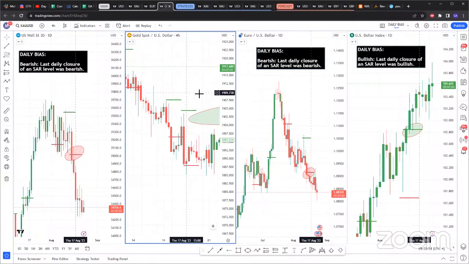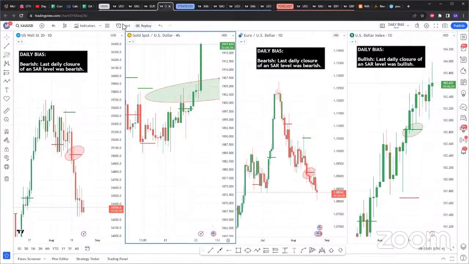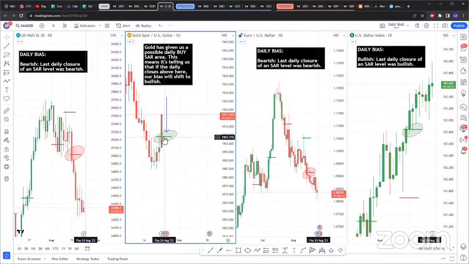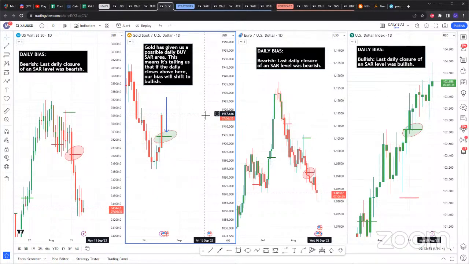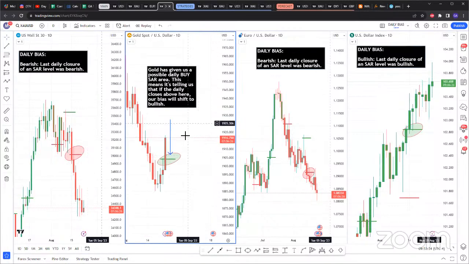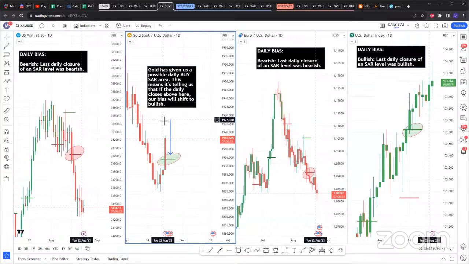So you can use, for example, the 4-hour in conjunction. Now, of course, we know if we want to buy gold here by using the daily time frame, you see how far this candle has pushed up from the daily buy SAR, like 130 pips. Yeah, 130 pips. Same logic we used to do on the reversal indicator. Since this is a daily candle, by the time it's closing, it's going to be 7 hours. And who knows, right? This daily candle might close all the way here, meaning that gold pushed up all the way from here.